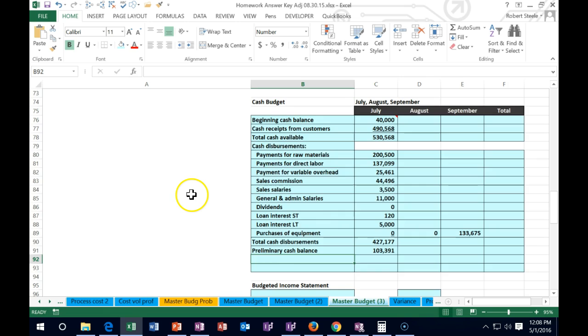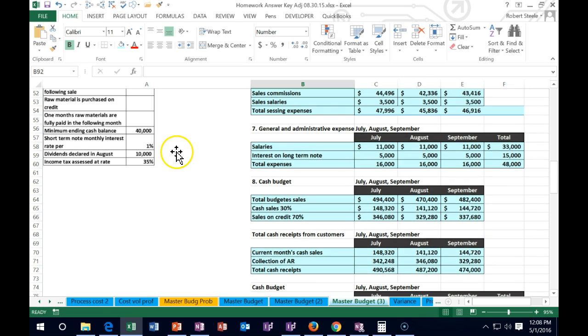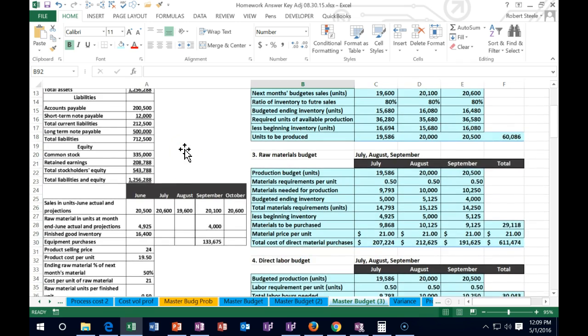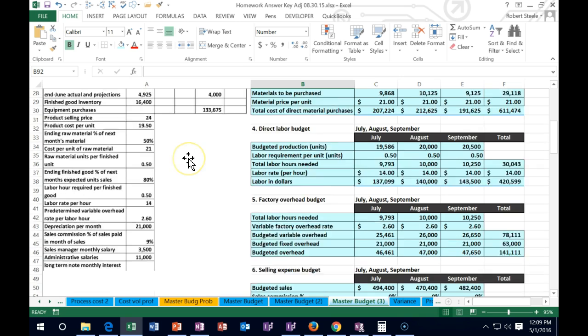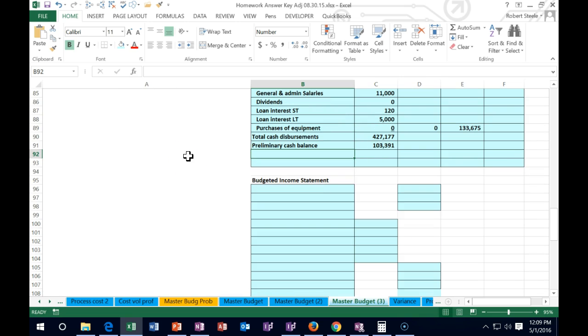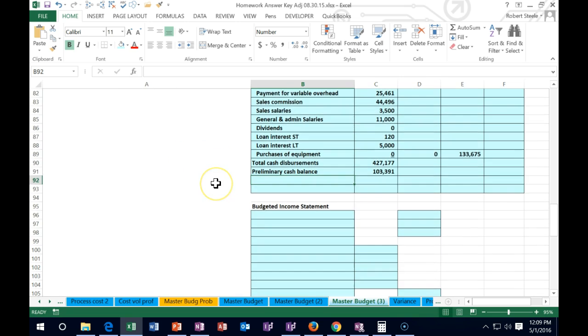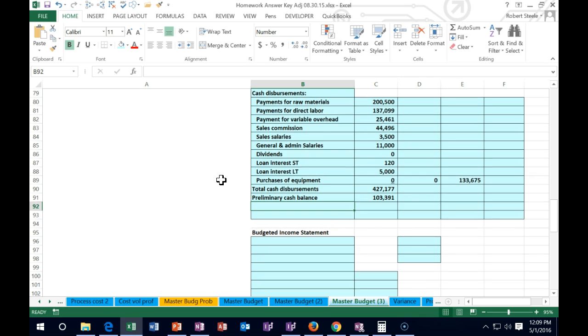Now we had a provision over here that we wanted to have a minimum balance of 40,000. The only reason we have this short-term loan is we told the bank, hey, if our balance goes below 40, then we want a short-term loan automatically to keep our balance at 40. That's our level of cushion that we want security to have. Since we are over that amount at this point, we are going to adjust for short-term